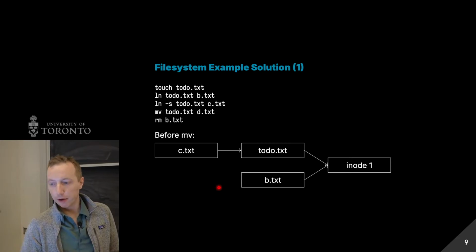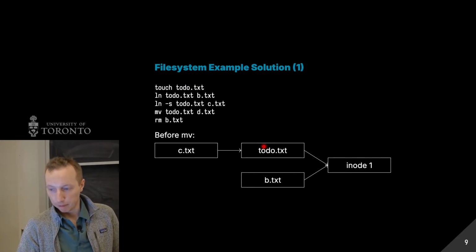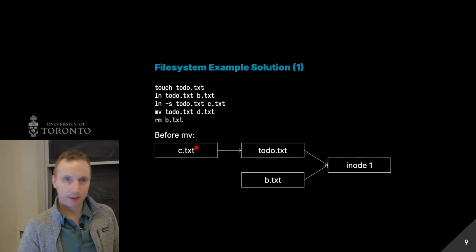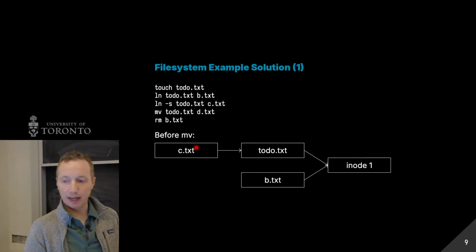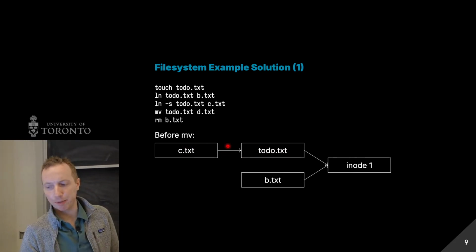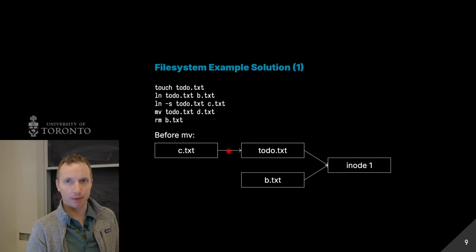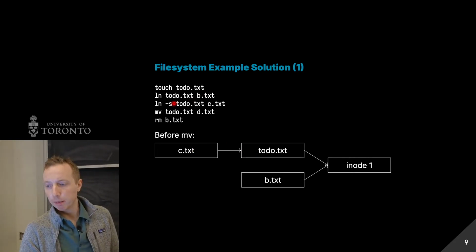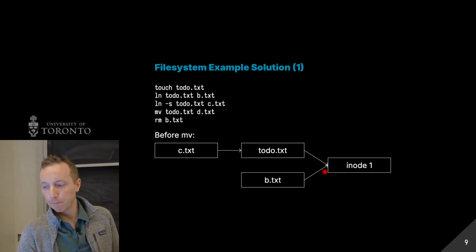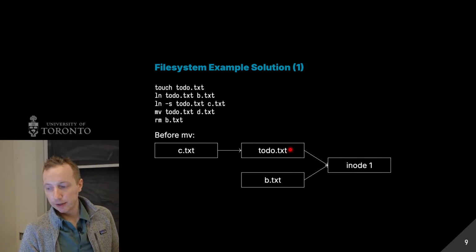So if I look before the move, again, symlinks, the easiest way to think of them is name to name. Really, there's an inode in the middle here because it needs to store the name somewhere. But right before this move, I have one inode, let's call it inode1, that gets created from the touch. b.txt and todo.txt are hard links to that same inode, and then c.txt is a symlink to